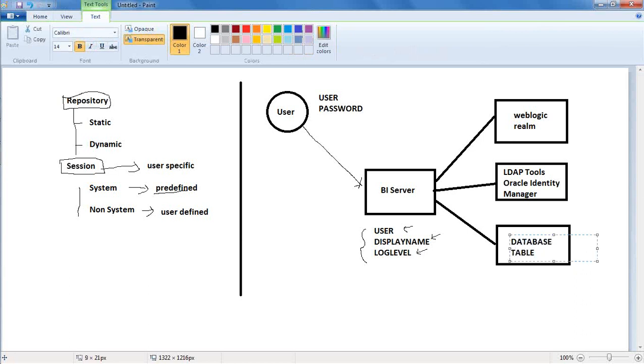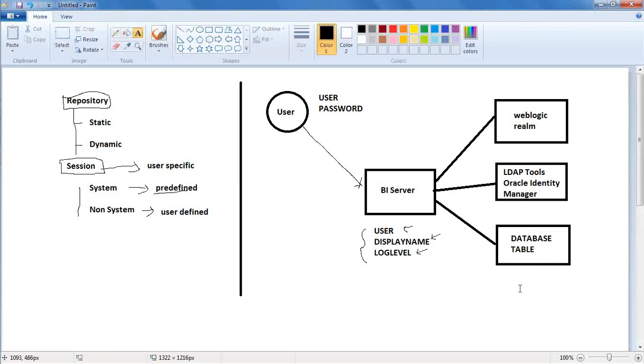I would like to authenticate my user from a database table where we capture the data. The database table will have the details of the user, such as username and all these required details. I create a table in the database where I provide all these details. So now inside my BA server authentication process,